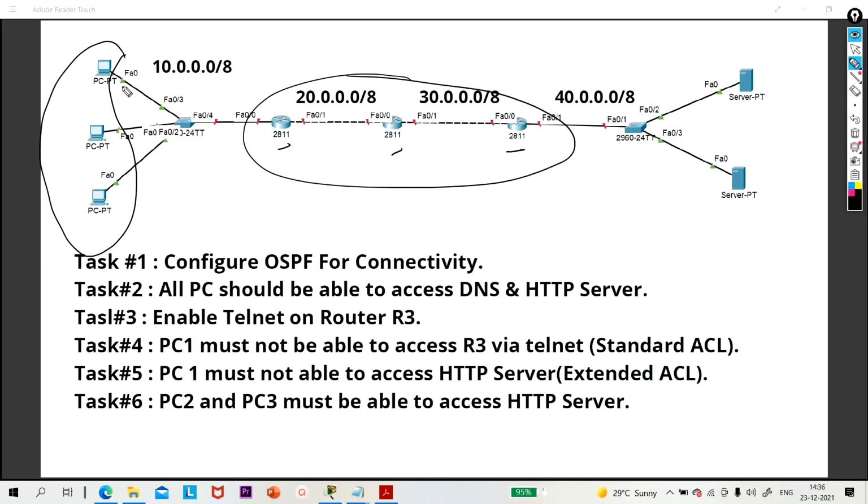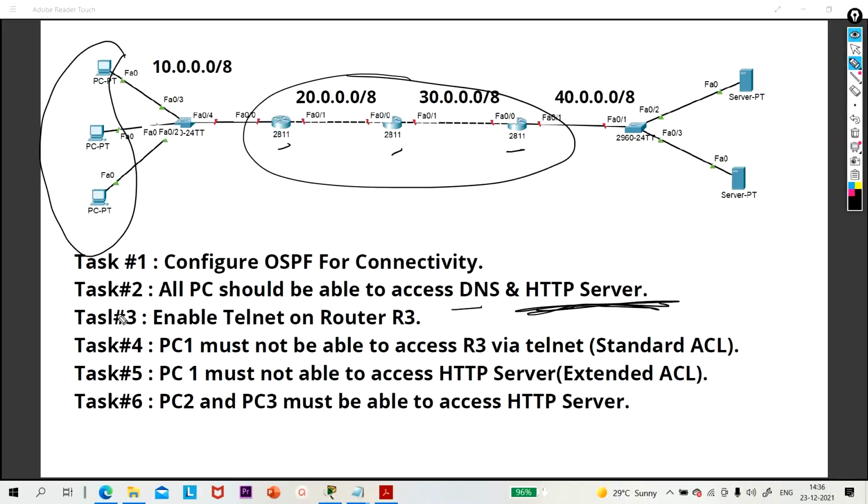Then you have to check whether there is connectivity from LAN 1 to the server. This user must be able to ping this server. All PCs should be able to access the DNS and HTTP server.